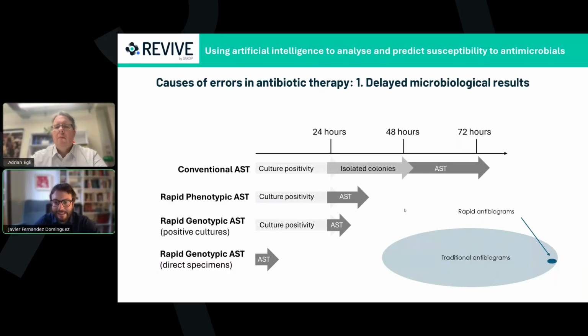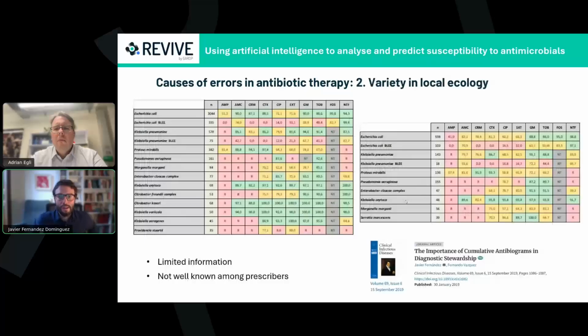And the reality is that these rapid antibiograms only represent a low percentage of the results of the clinical microbiology laboratories. So this is probably one of the causes of the errors in the antibiotic therapy at the first moment of infection suspicion. Then also clinical microbiologists, we work every year in making cumulative antibiogram reports, which